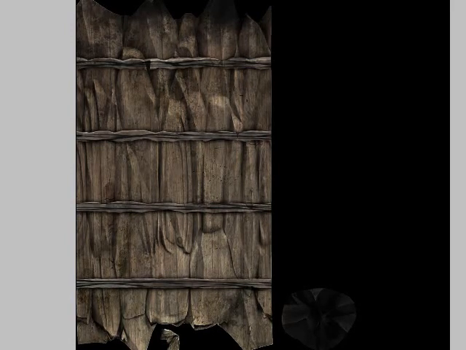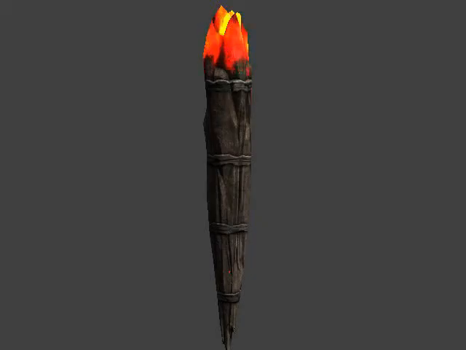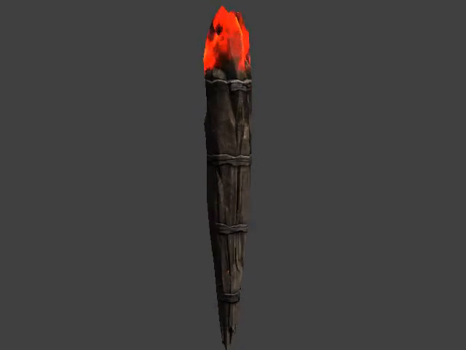Next, I do a little bit of edge enhancements. A good way to do that is you take that normal shading and put refined edges on there, but I like to paint it in. But let's look at that in UDK because that is done. So here's the final in the UDK